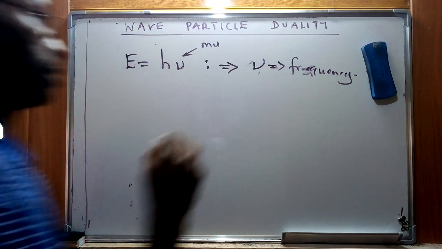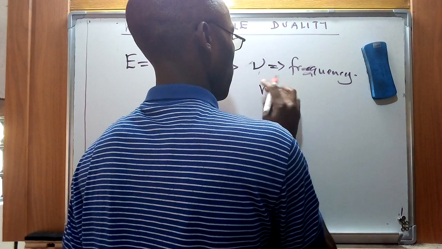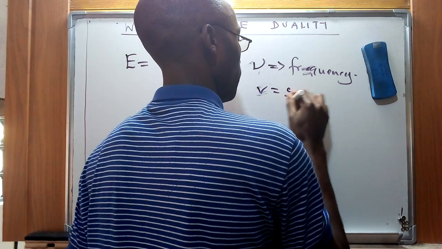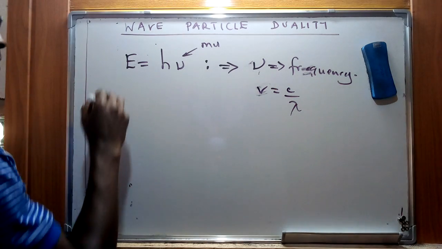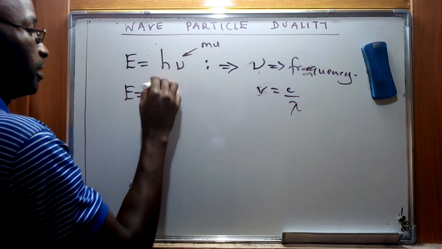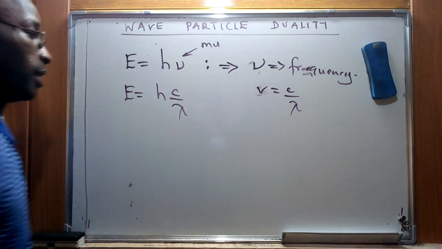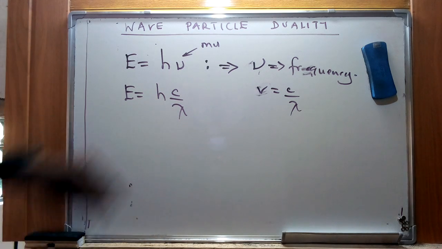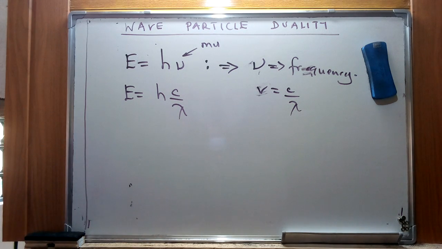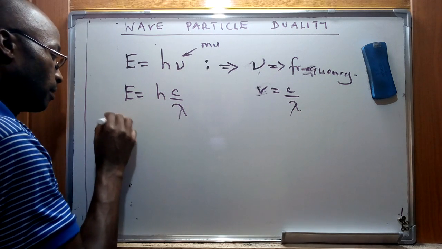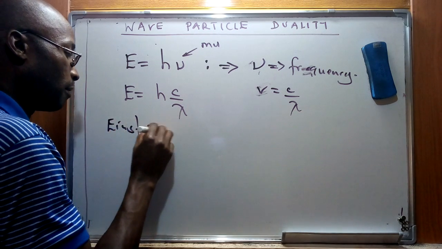So this frequency can be given as c over lambda. We can expand this equation and give it as a product of h with a ratio of c over lambda. And from this illustration, we can give this a relationship. This is an Einstein-Planck